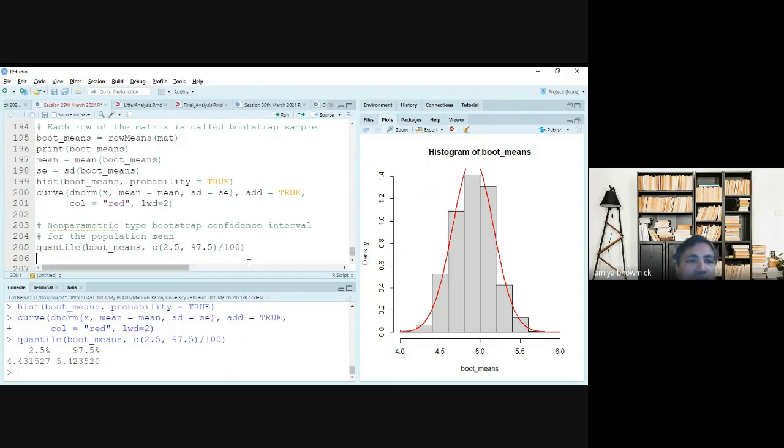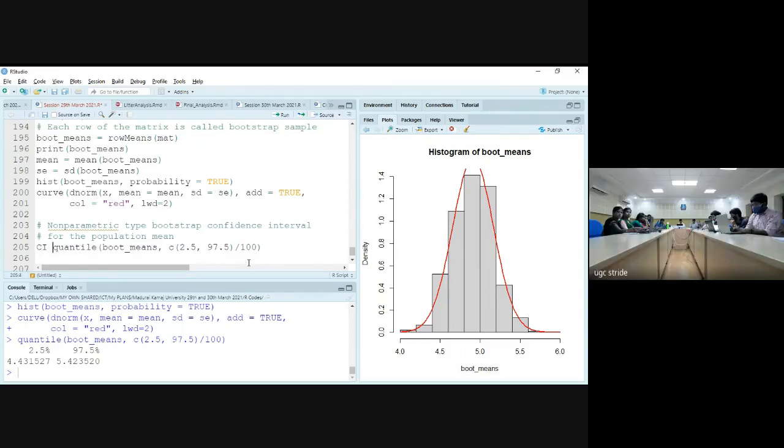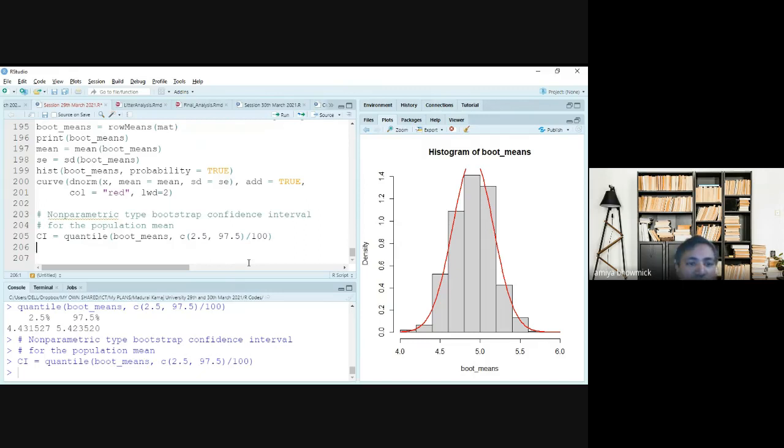Let me call this CI, and you put two vertical lines with abline(v = CI, col = "blue"), maybe.